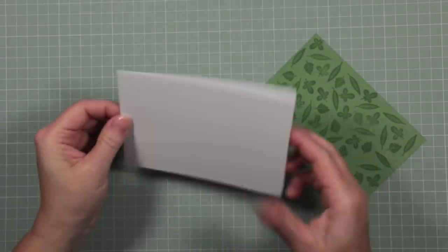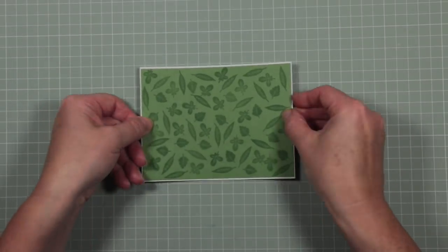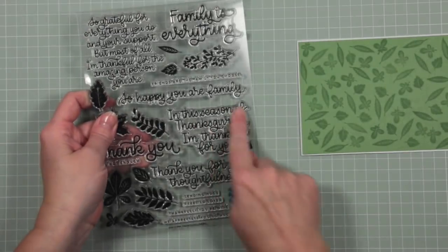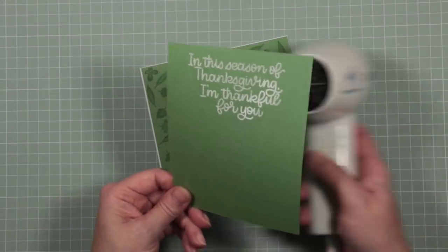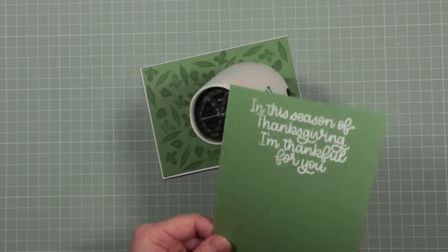So I'm going to cover the entire card, and then I'm going to take a white side folding card and glue my background onto my white base card. I've taken the larger of the sentiments that says, "In this season of Thanksgiving, I'm thankful for you," and I've